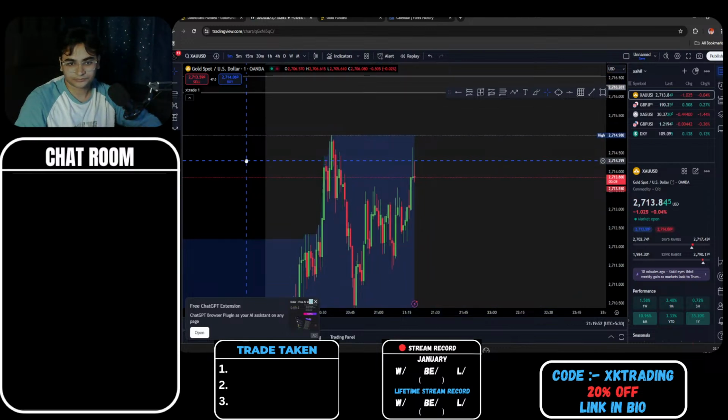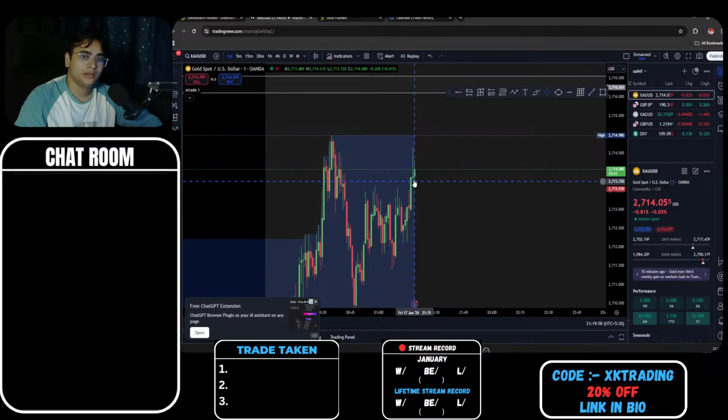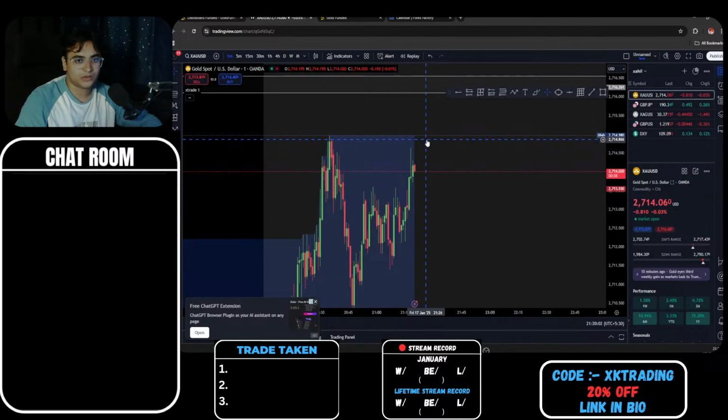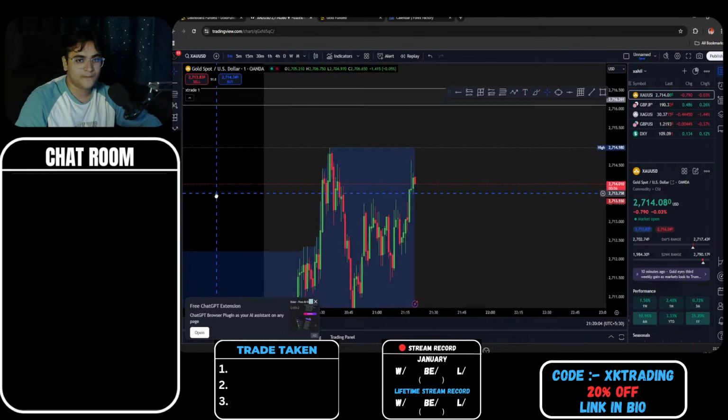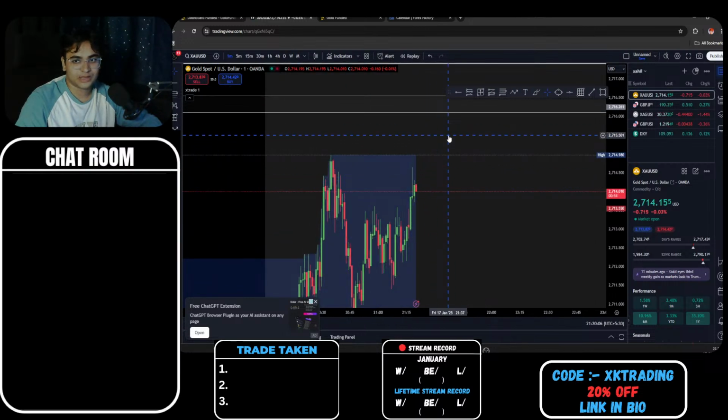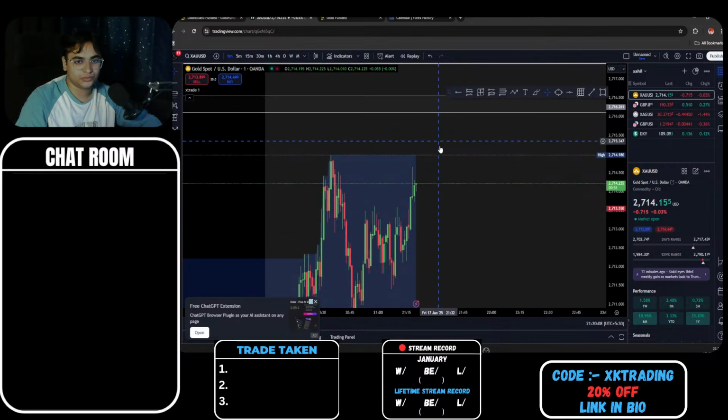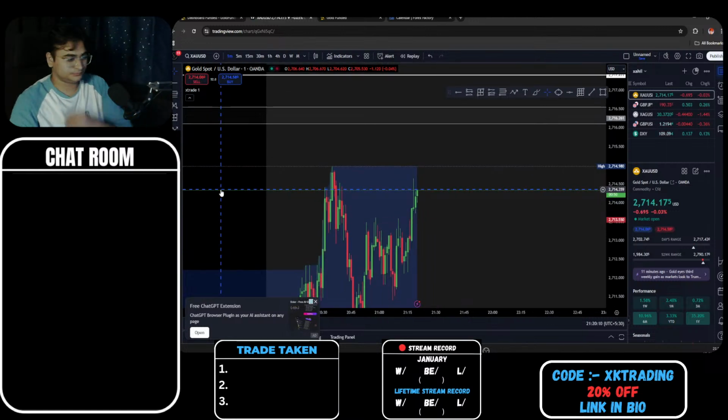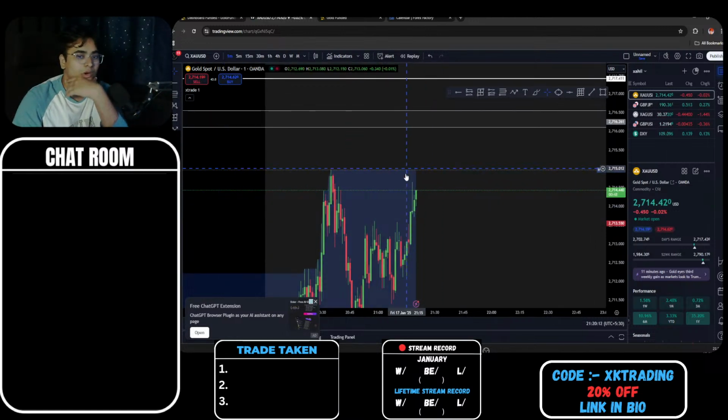Okay, after breaking above the structure, we are rejecting this zone, which is totally normal. Now, all we need to see is, once we tap up around the zone, are we going to push forward? Or after tapping into 2715 or so, will we just reject? According to the candle momentum and the volume, I'll decide if I want to close the trade or not.